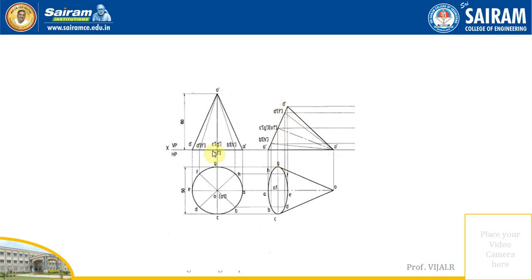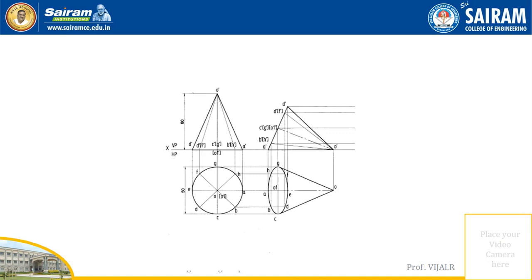This is the view. Once you have done it, you can draw the top view by projecting the lines. Since it is a circle and it is a cone, when we are seeing it, it will look like an ellipse. Use a proper curve to join. Don't use scales for joining. Use a proper curve shape. An ellipse has to come, a major diameter and a minor diameter will come. Then draw the axis. Join this. This is the view now.